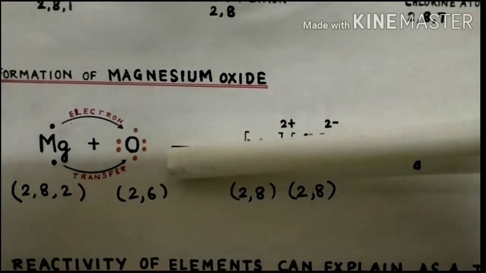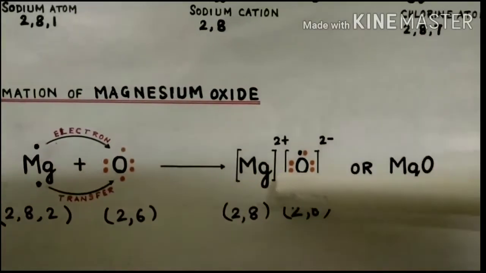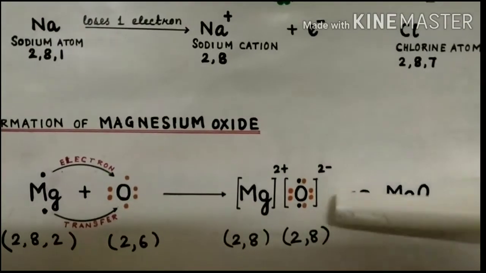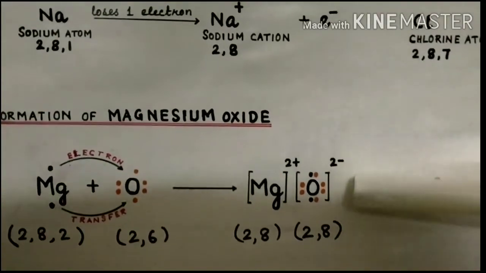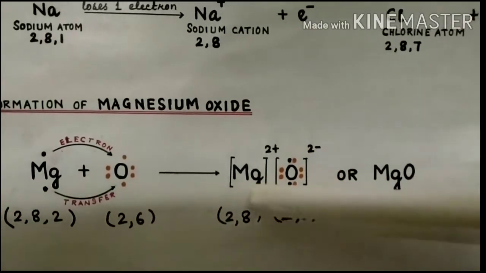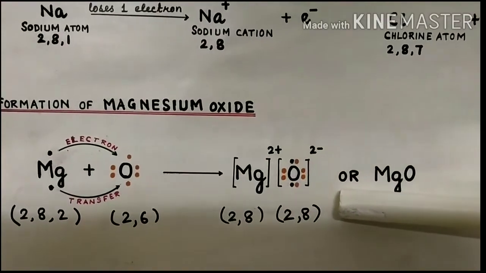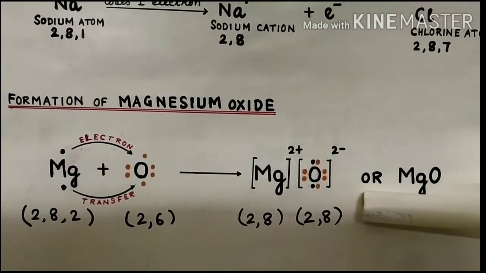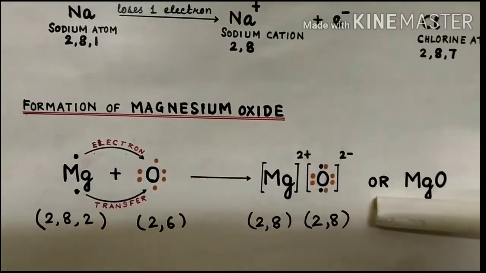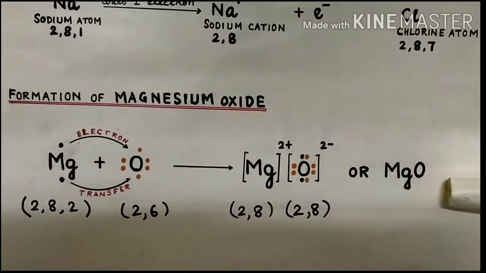What will be the result? As a result, magnesium +2 ion and oxide -2 ion will form. And these 2 oppositely charged ions attract each other and are held by strong electrostatic force of attraction, forming